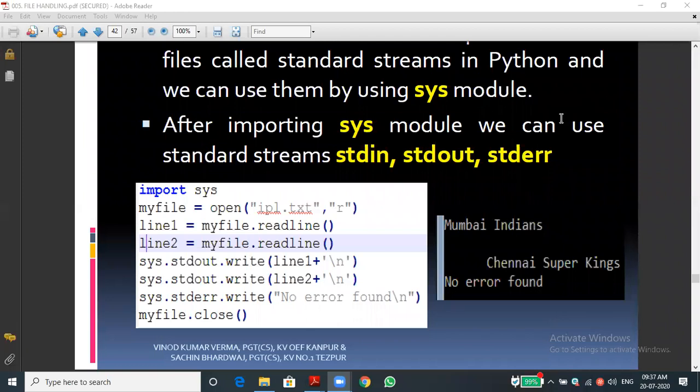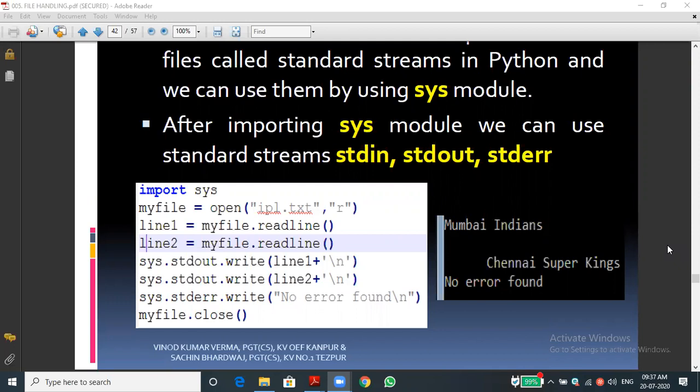Is it possible? Or Inder, can you explain this? Yes, sir. Yeah, please explain this. My file is object, sir. Very good. File object, sir. Okay.